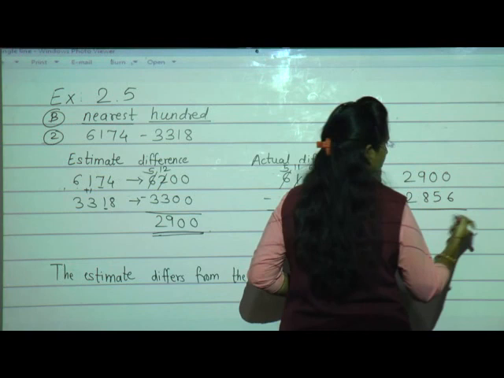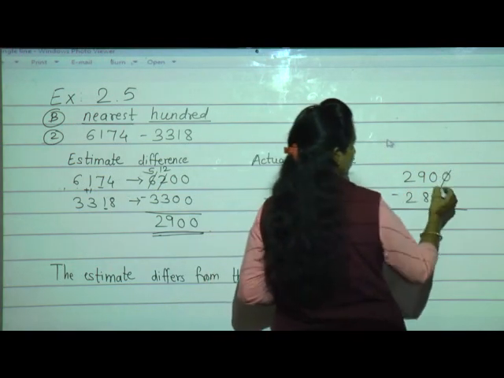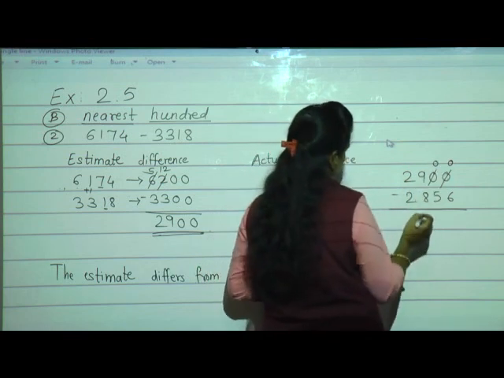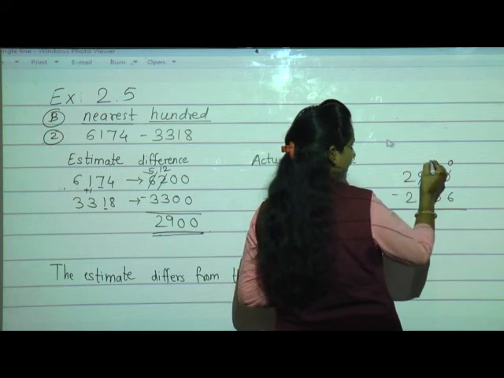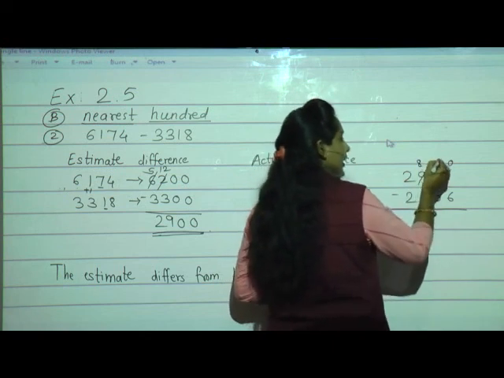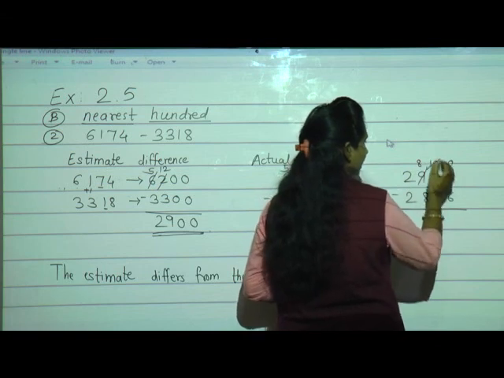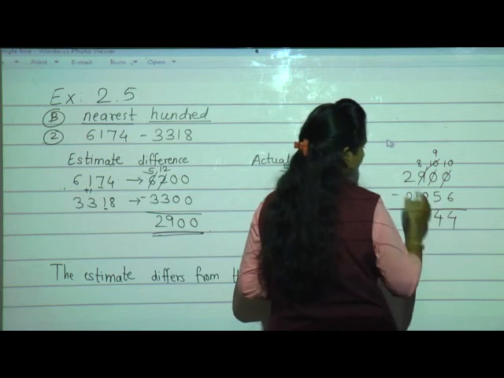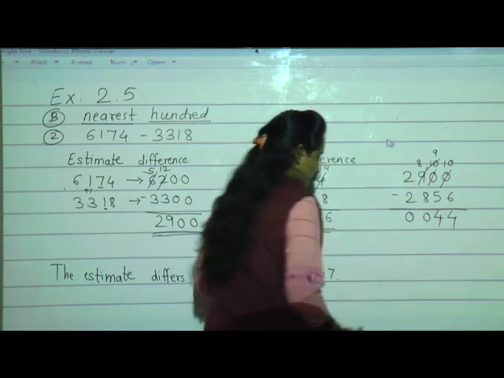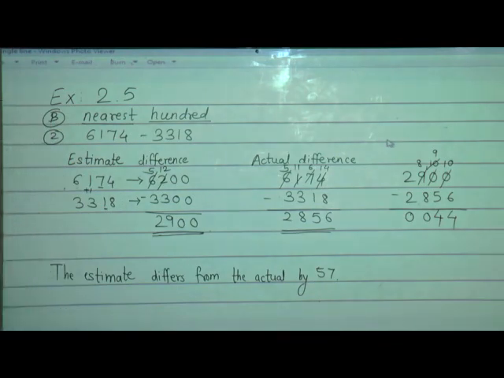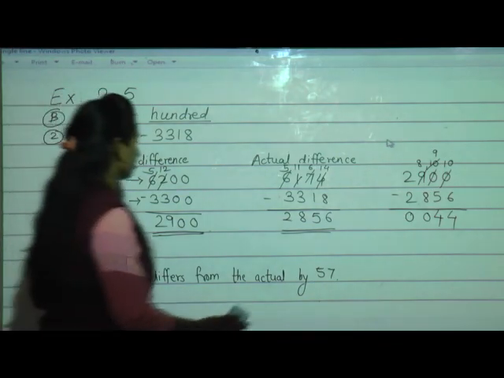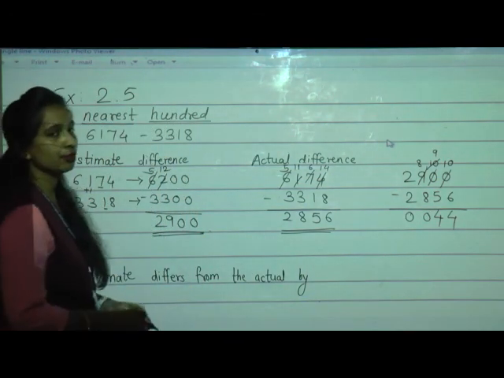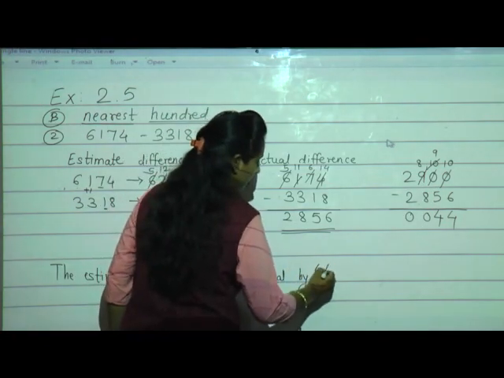Okay, now we will see how much they differ, estimate and actual. We have to do the subtraction. 0 minus 6 we cannot do. So cut the 0 as it is. Take the next number. Again he is having 0, so we cannot do. Go with the next neighbor. The neighbor is having 9. He will give 1, 8 will remain. Now he is having 10. He can give 1, 9 will remain. Now 10 minus 6 is 4. 9 minus 5 is 4. 8 minus 8 is 0 and 0. So what is the answer here? The estimate difference is 2,900, but the estimate differs from the actual by 45.